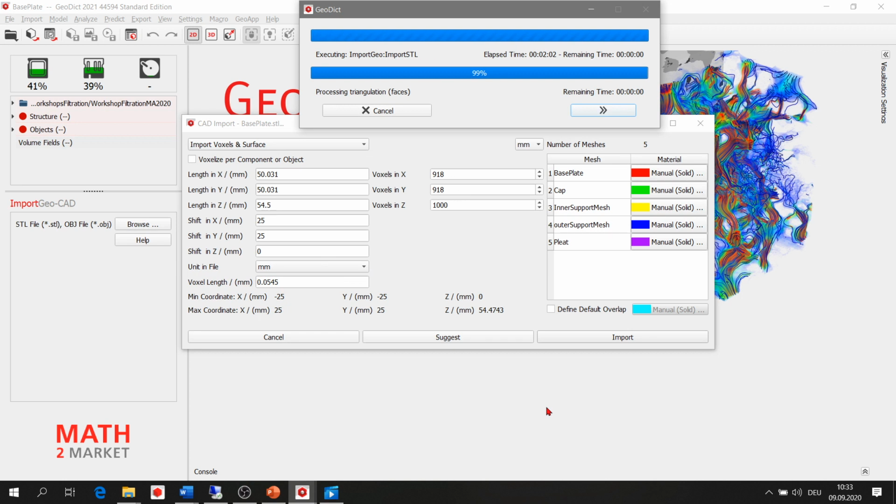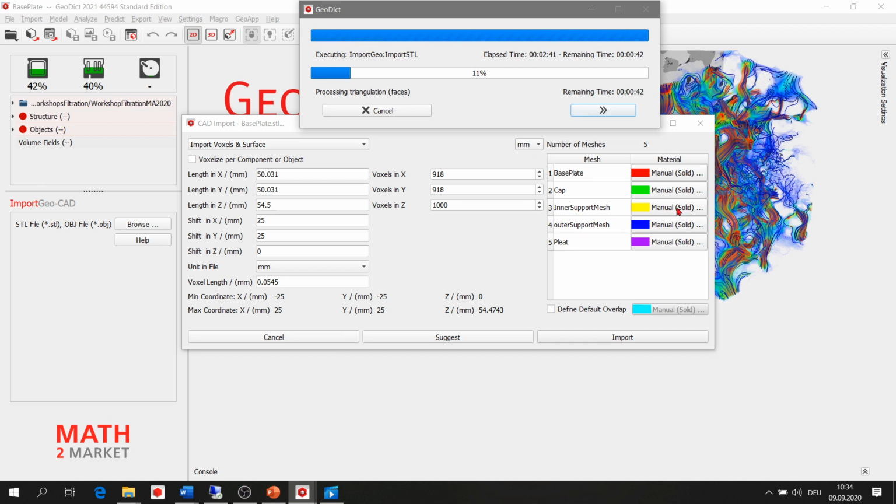So we wait still a couple of moments so that our STL files would be imported into the GeoDict user interface. And then afterwards, we have to also choose inlet and outlet domains and also define porous material for the pleat instead of solid.